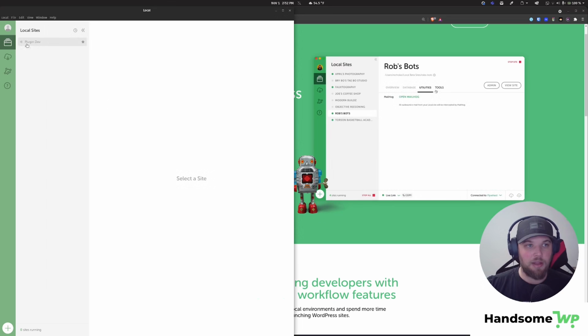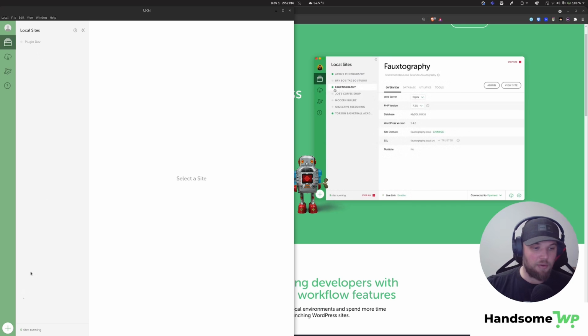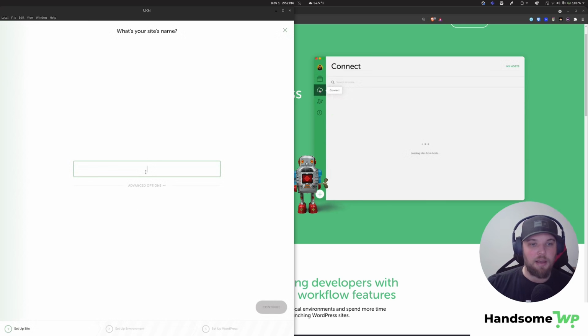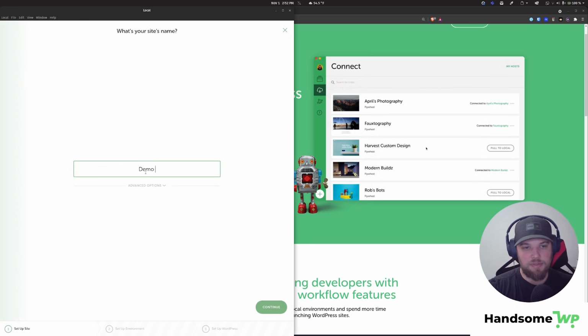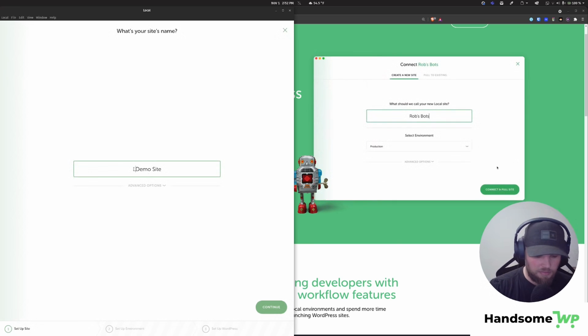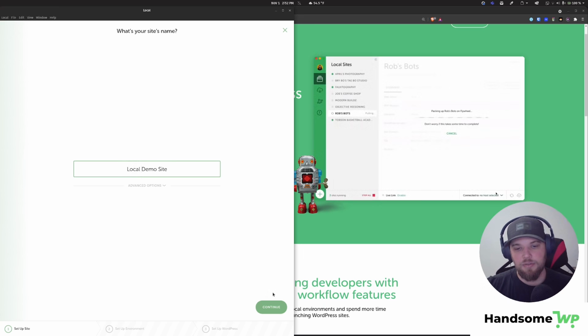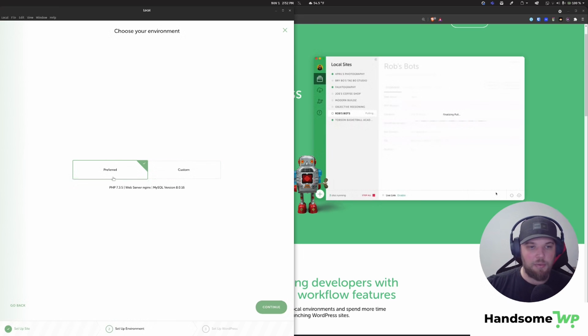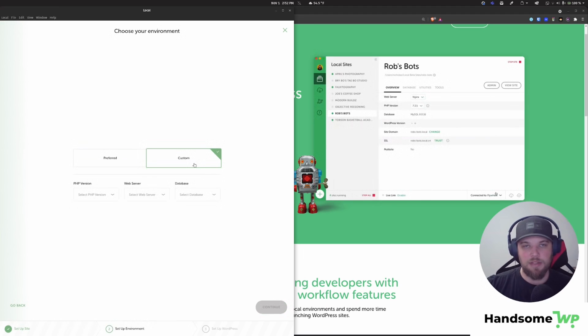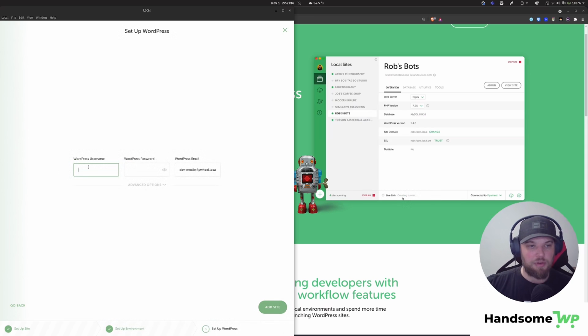So you can see I have a plugin dev local site, but I could add another local site if I want. Let's come down and click a plus, and we will call this local demo site. So I'm just going to add a new site called local demo site. We could choose preferred or custom. If you want to do a custom setup, you can say custom. We're just going to go with preferred, and then we can put in our username. So let's just put in whatever we want. Just put test,